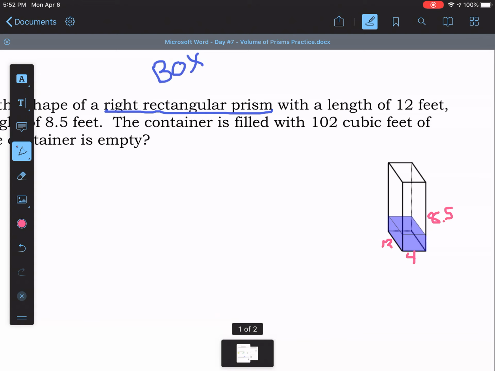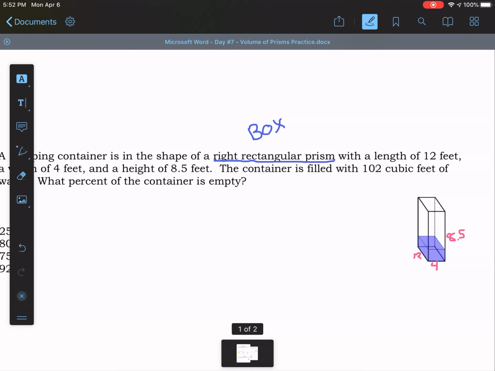Now let's go over to the diagram and we're going to just label what they told us. They said that the length is 12, the width is 4, and the height is 8.5. So 12, 4, and 8.5. Okay, so to do this problem, what we're going to first do is just find the volume